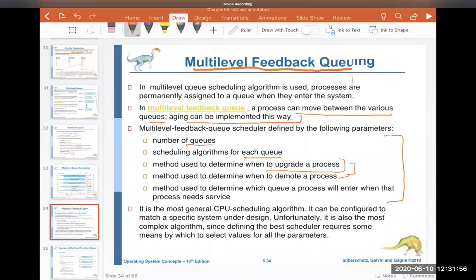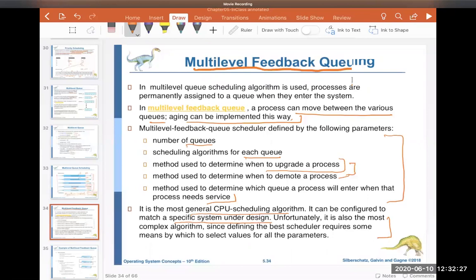Method used to determine which queue a process will enter when the process needs a service. So we have to decide where your process should enter. This is the most general CPU scheduling algorithm. It can be configured to match the specific system under design, like the hardware and the operating system. But this is also the most complex algorithm that we have, because there are so many parameters that we need